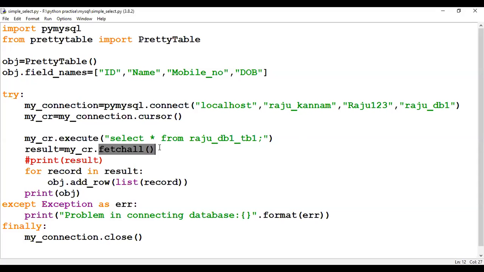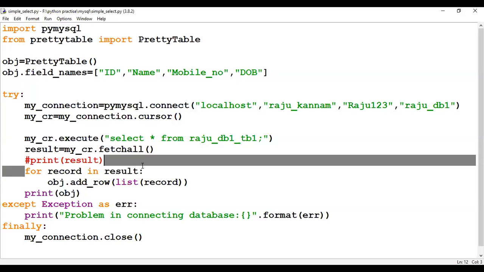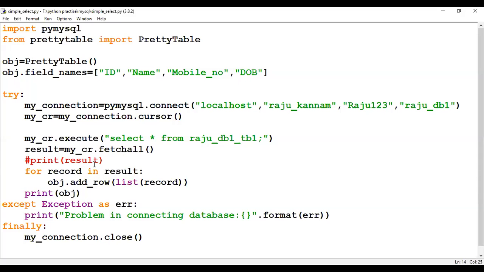So we want all the records, that's the reason I'm using fetchall. Those records I'm getting into the result variable, and from that, this is a normal for loop, we have discussed it a lot of times. Here five records are there, so for every record it will repeat. Every record we are adding to the table object. Once all the records are added, I'm going to print the table.